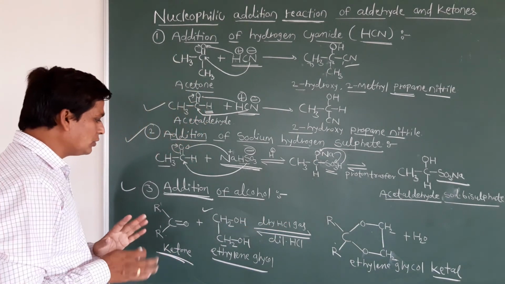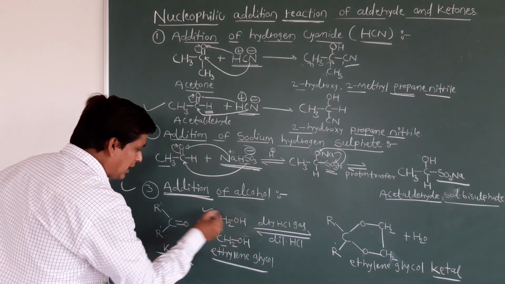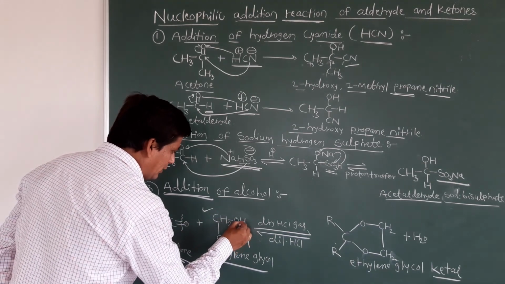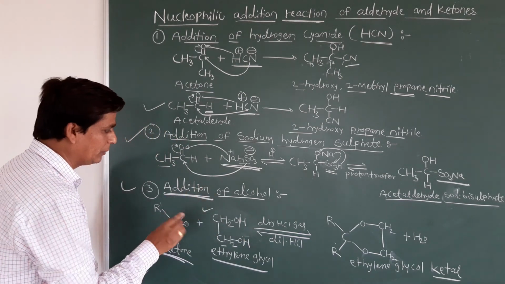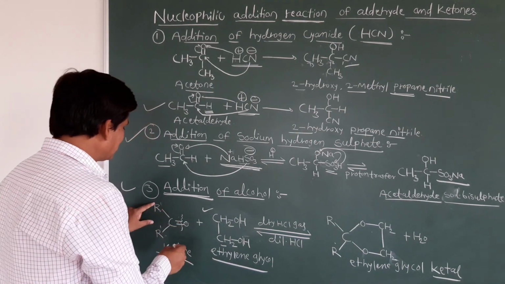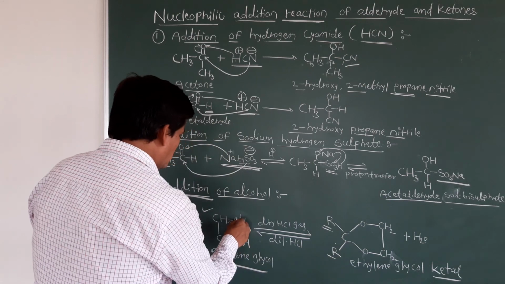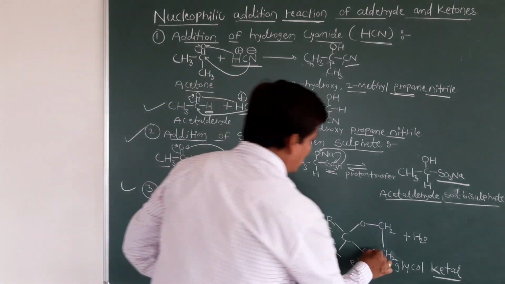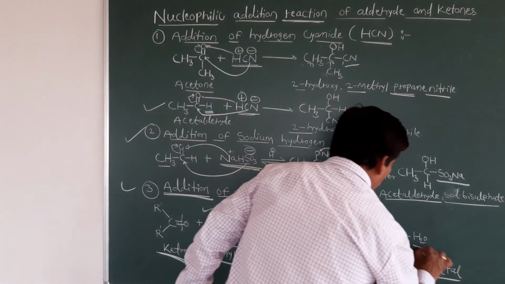So what happens now? In this reaction, a water molecule is removed very easily. How? When this attacks, the bond breaks from here, and this hydrogen and this hydrogen, these two hydrogens and this one more oxygen, H2O will be removed, and the remaining whole part is going to attach to this carbon like this. This R as it is, okay. Then this carbon as it is. Now this oxygen and this oxygen are going to be attached to this carbon, and then the remaining CH2 group will attach, with this H and this H and this oxygen. So the water molecule will be removed.